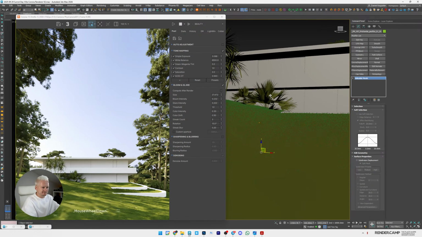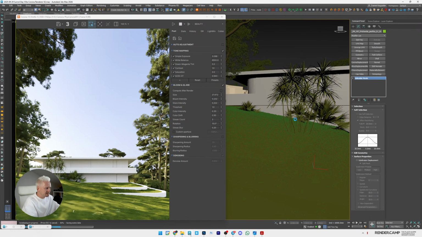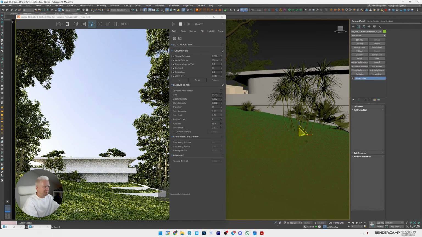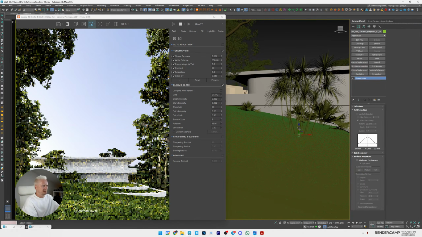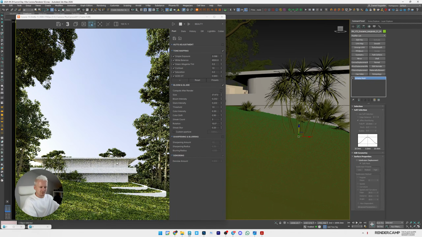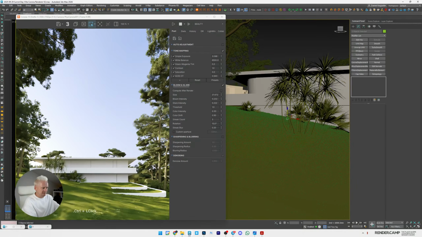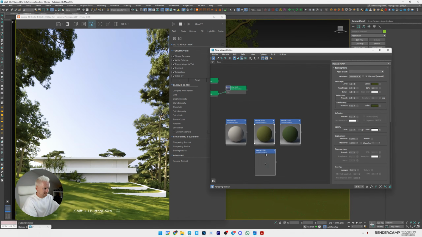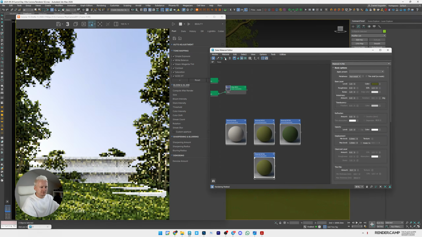Now it's better. And these palms, or what is this? A little bigger but a little lower also. Okay, let me add there some new shader